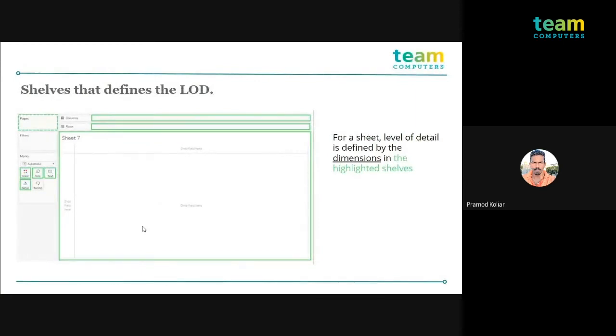Okay, so before moving ahead, we'll see which are the panes that actually affect the level of detail expression. I have the column shelf over here, I have the row shelf, I have the marks card, and I have the Viz pane over here. So all the solid lines that I have highlighted in green actually affect the level of detail expression. So अगर आप यहाँ पे कोई भी चीजें डालोगे in this particular sheet's dark solid area, your LOD expression will be altered accordingly. Apart from this, if you can see, the pages shelf is not in a solid line; it's in a gradient form, right? So the reason behind that is actually the pages shelf level of detail को इफेक्ट करता है, but it's not as we expect.